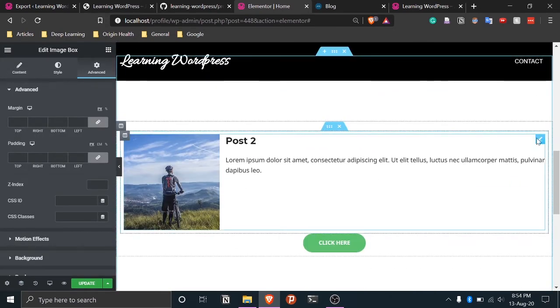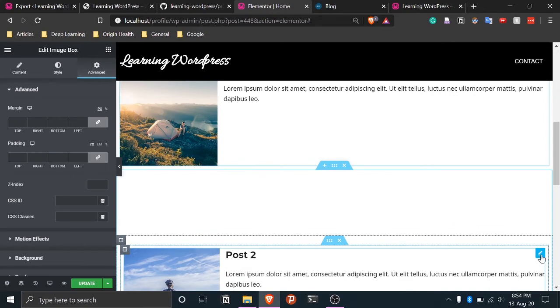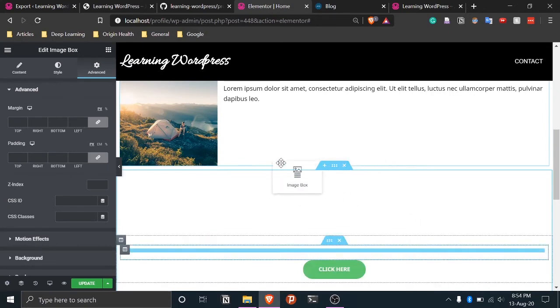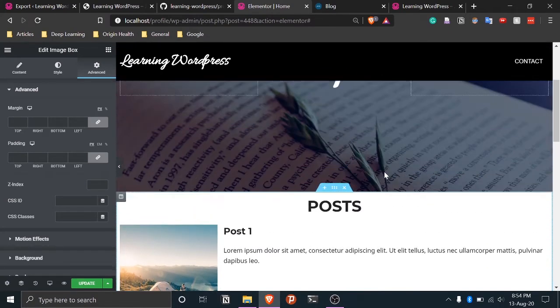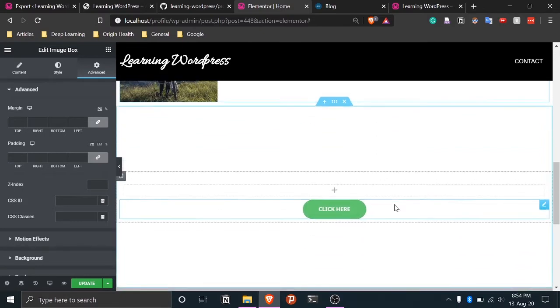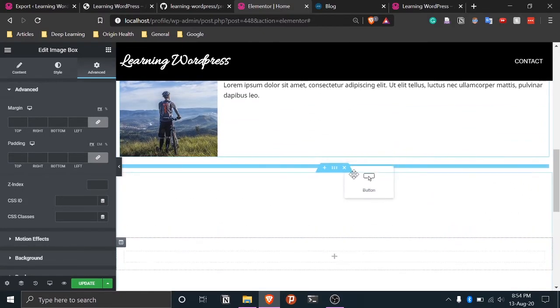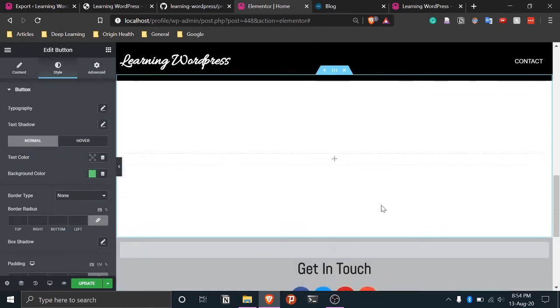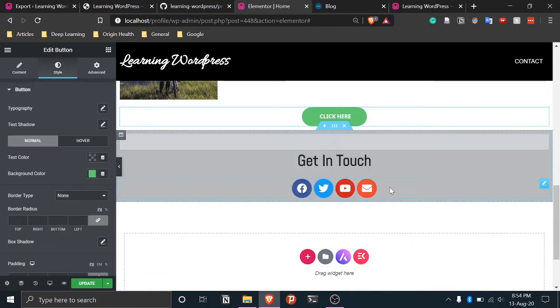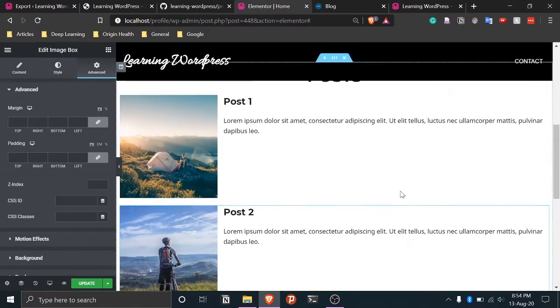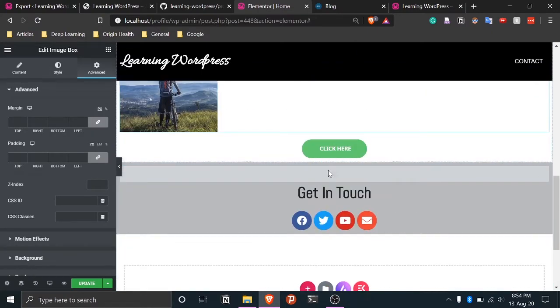Okay, similarly we'll take this also and drag and drop this right underneath the post and the button also. Okay, so we'll take the button and we'll just drag and drop underneath. Okay, now we can get rid of this, and yeah, so now you can see that we've gotten rid of that whole unnecessary space, and this looks fine.